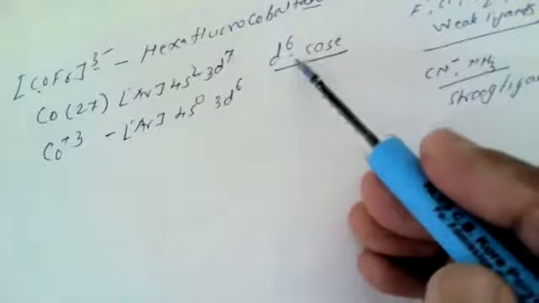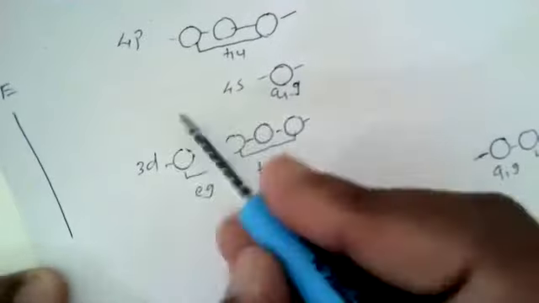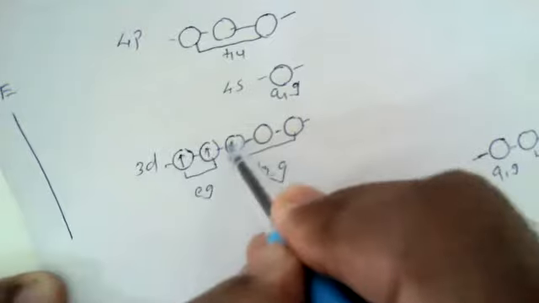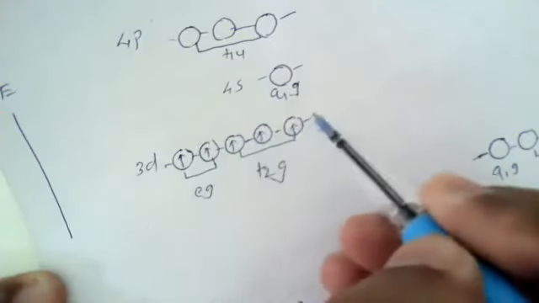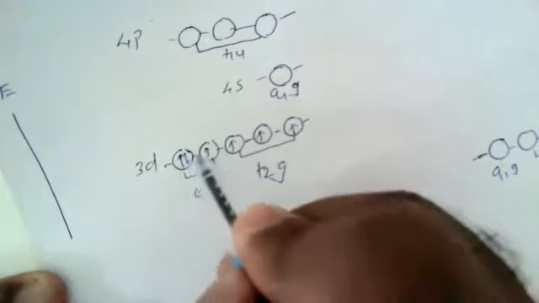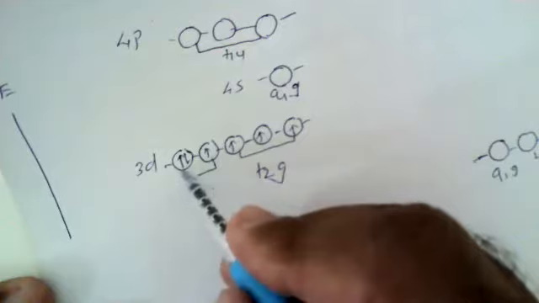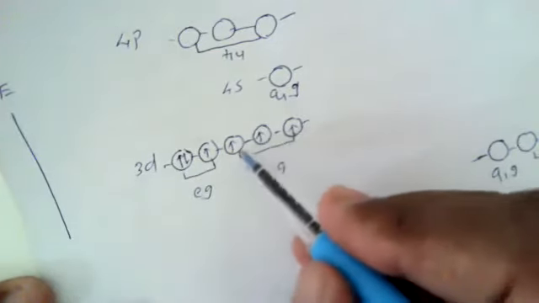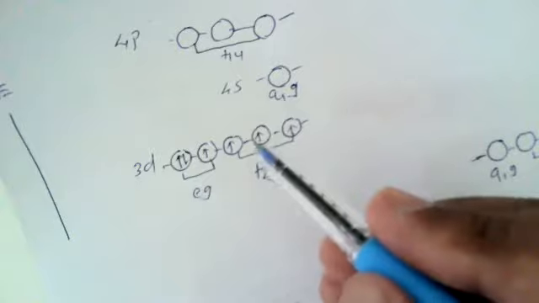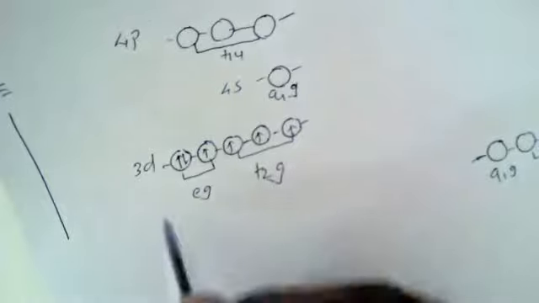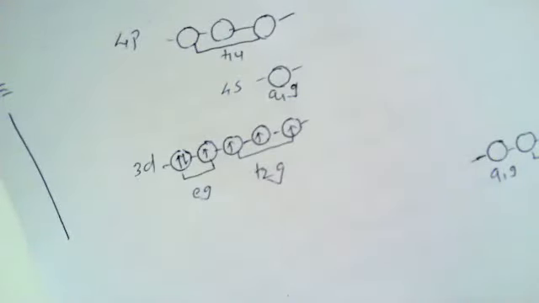That will show in our diagram. So first of all, we have to show the 6 electrons of this cobalt. How can we show them? As per Hund's rule and Pauli's exclusion principle. What is Hund's rule? When a set of orbitals is available, electrons first occupy singly and then pairing starts. So the 6th electron is shown in the first orbital, or you can also show this paired electron here or here. Because all the orbitals are degenerate, having equal energy content, they may occupy either of these orbitals.